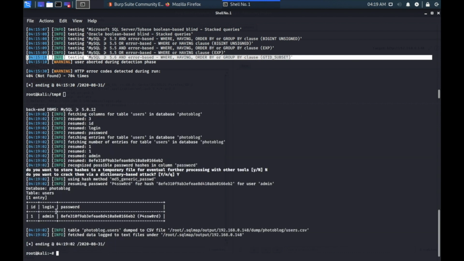And this is the password hash, and it's already cracked. It's an easy one. So this was the total tutorial for blind SQL injection by using a different HTTP header such as X-Forwarded-For